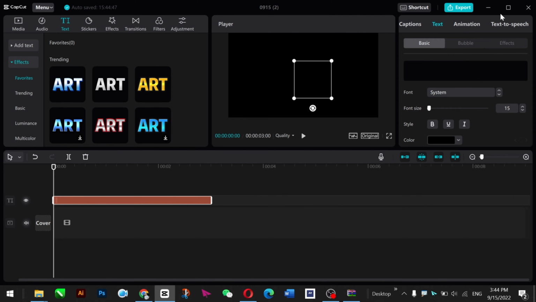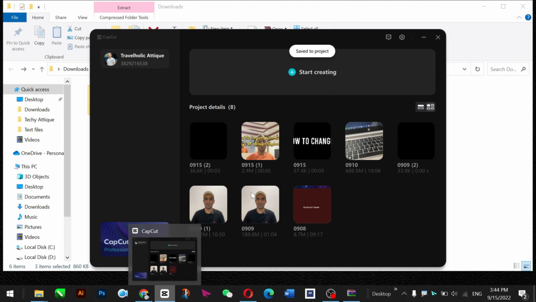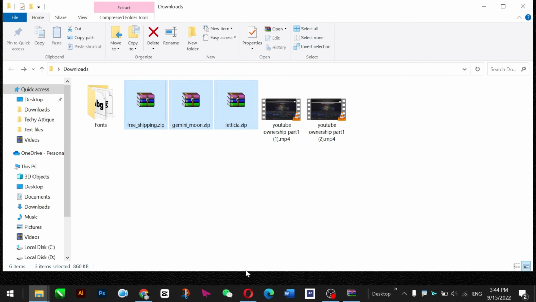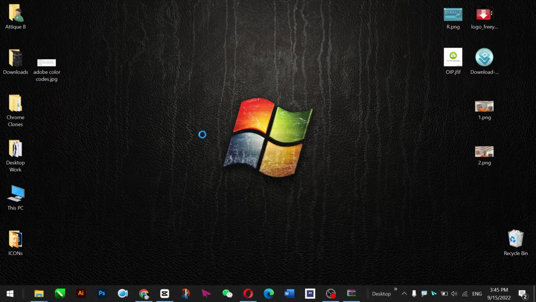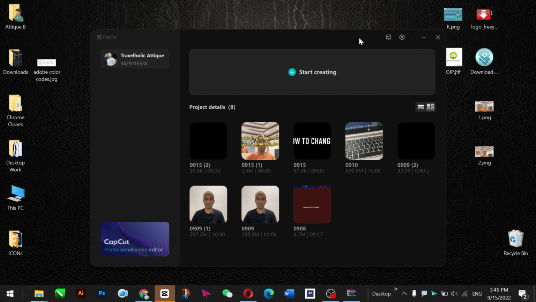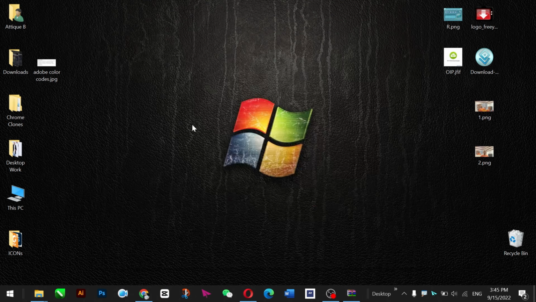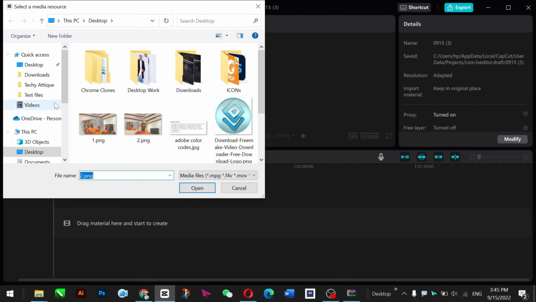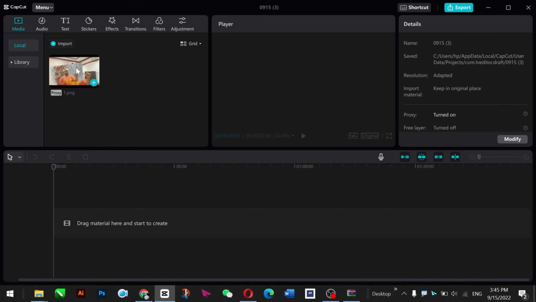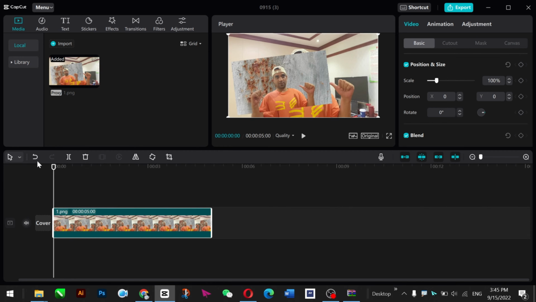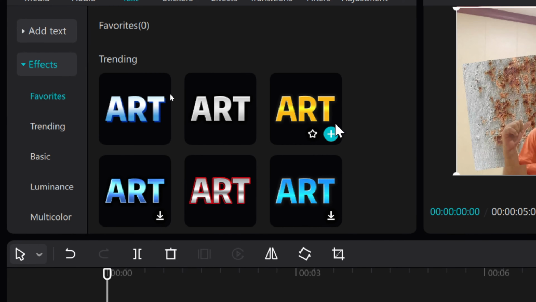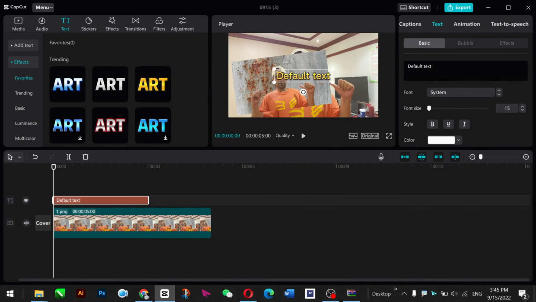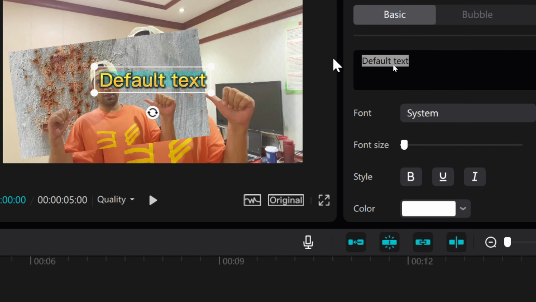So I have this project here. I'm going to disconnect this one again and remove this one and start. Go to your CapCut again, open CapCut, and if it doesn't appear, then restart your computer. It will appear there and it will start working. So just start creating a new project, import, and I'm going to import a picture here, just this picture, and I want to add some text. Now go to text, any text you choose. For example, this one I'm going to choose, and here I type